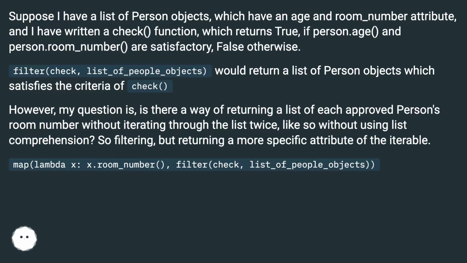However, my question is, is there a way of returning a list of each approved person's room number without iterating through the list twice, like so, without using list comprehension? So filtering, but returning a more specific attribute of the iterable. map(lambda x: x.room_number, filter(check, list_of_people_objects))